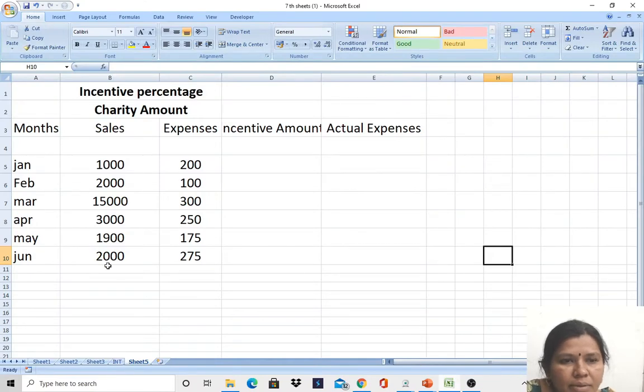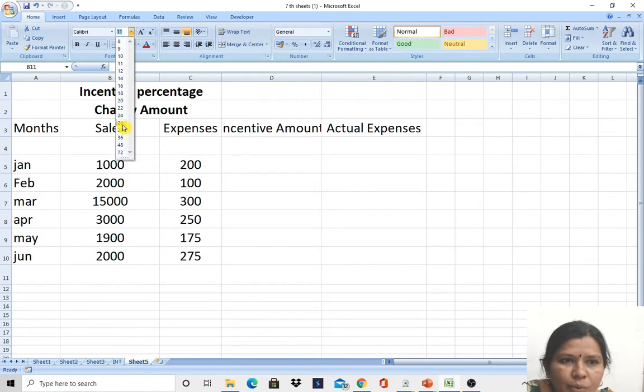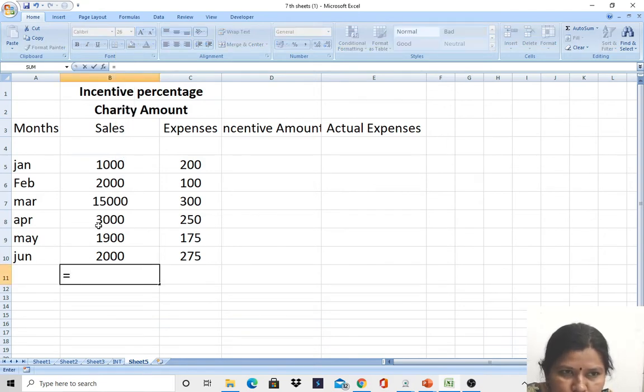For example, I want to calculate this. So what I will do, just equals to, okay, the sales amount starts from B5. And always the formula starts with the equals to sign.